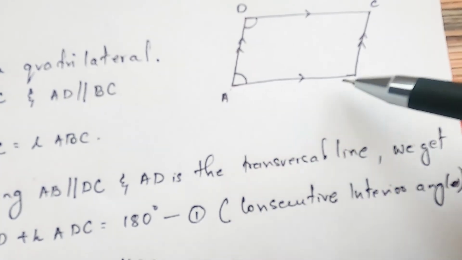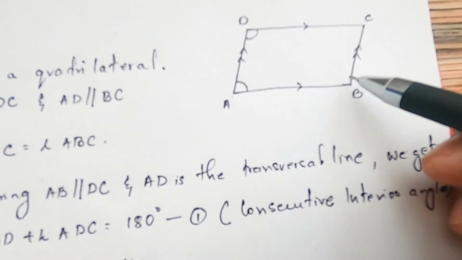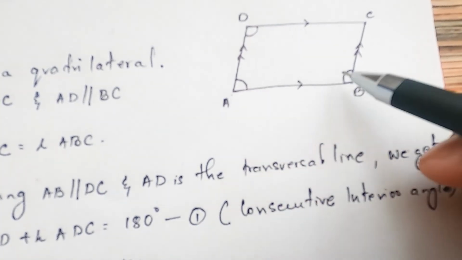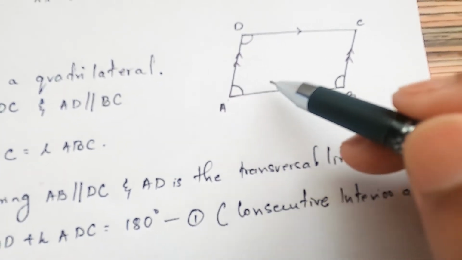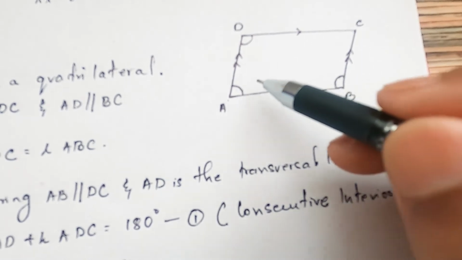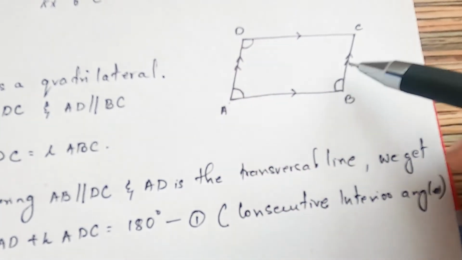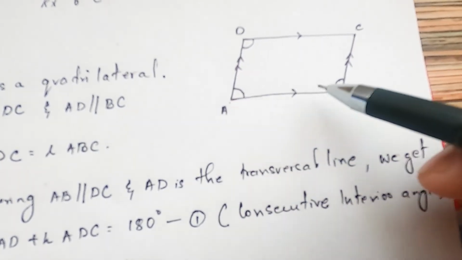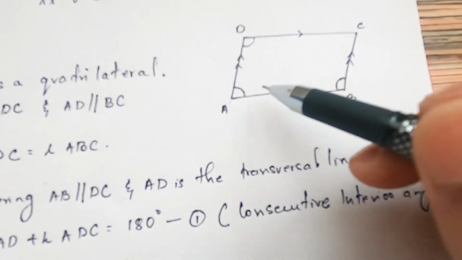So if AB is a transversal line, we can say that angle A is equal to angle B. And what pairs of angles do they form? Consecutive interior angles. Why? Because AD is parallel to BC, and AB is a transversal line, so the two angles in between the two line segments form